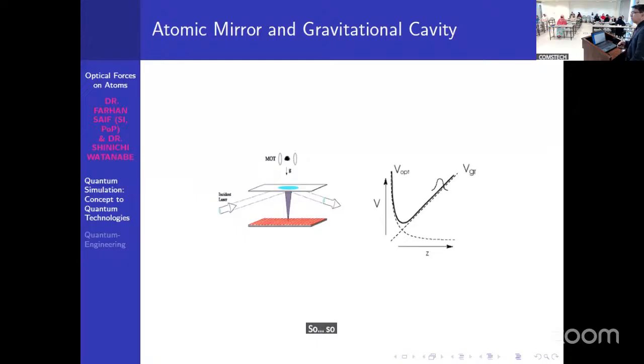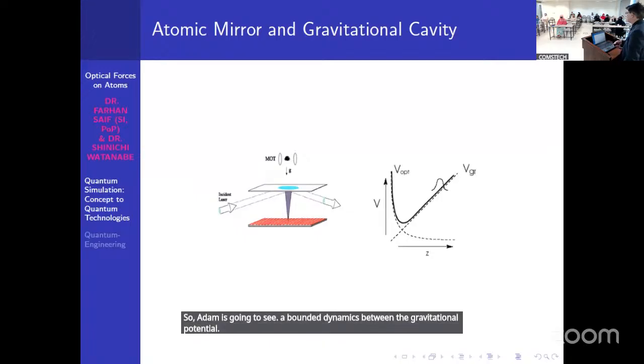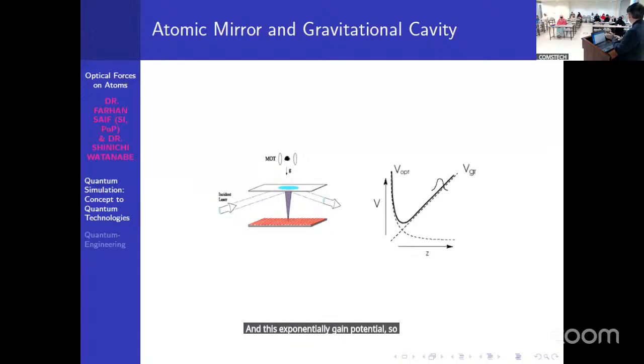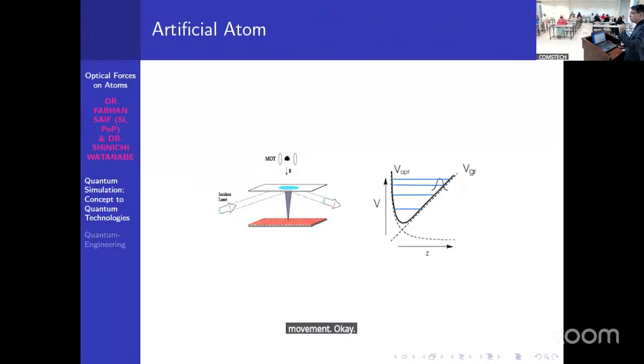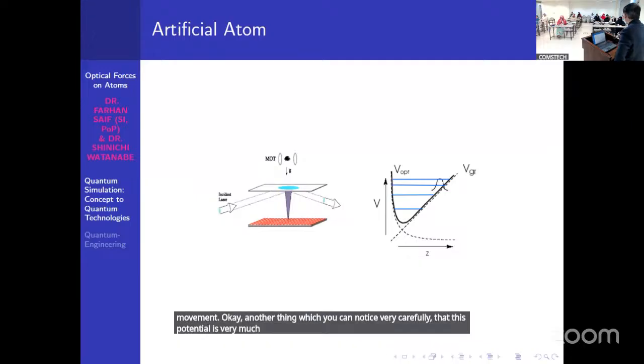So now we have this thing in our control. The atom is going to see bounded dynamics between the gravitational potential and this exponentially decaying potential. So it is a closed oscillator kind of movement. Another thing you can notice very carefully is that this potential is very similar to that of the